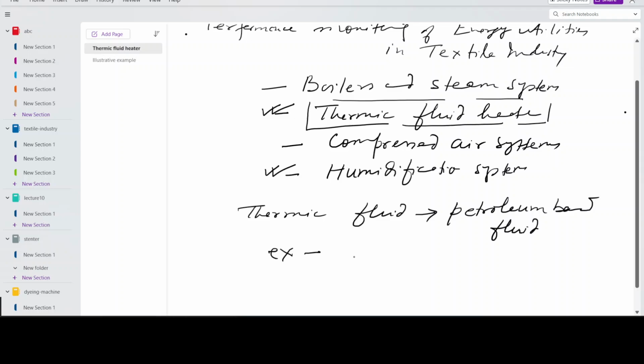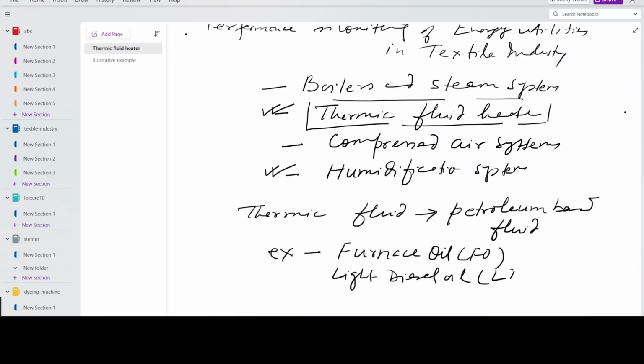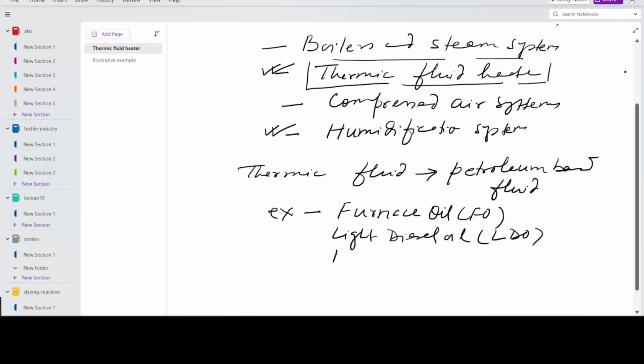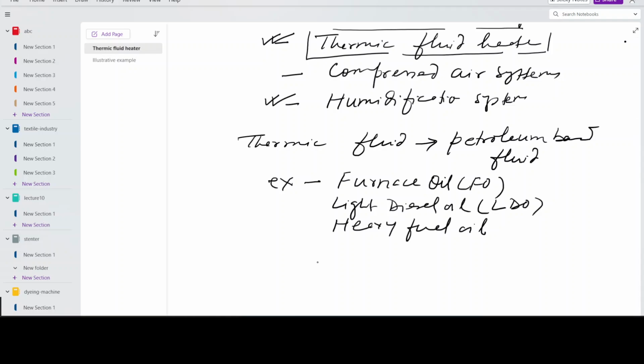Examples are furnace oil, light diesel oil, heavy fuel oil, and Hindustan Petroleum HP markets thermic fluid